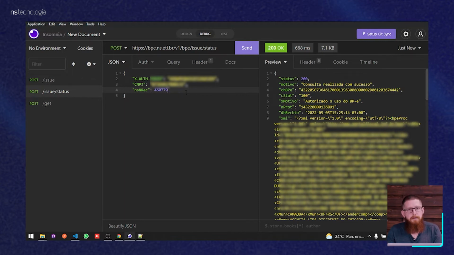The next step is kind of optional, because if you already have in your application a method to generate the PDF of this document, you will not need to download it from our API. But if you want to download the PDF file, you would just need to get the access key of the document, in this case the BP-e,